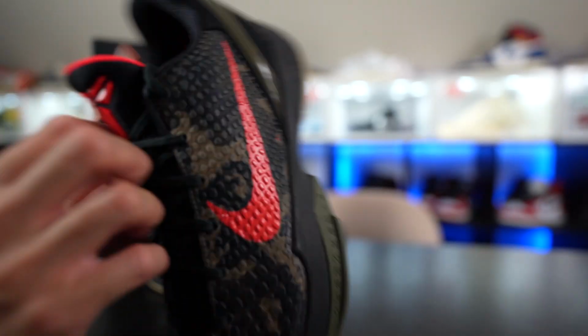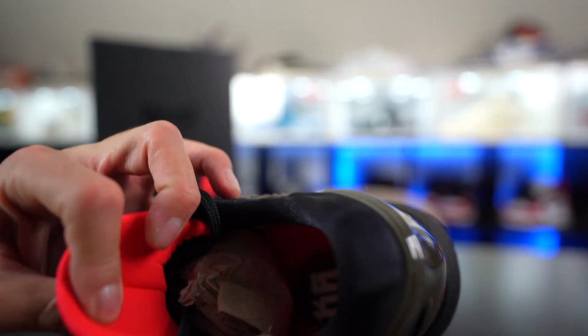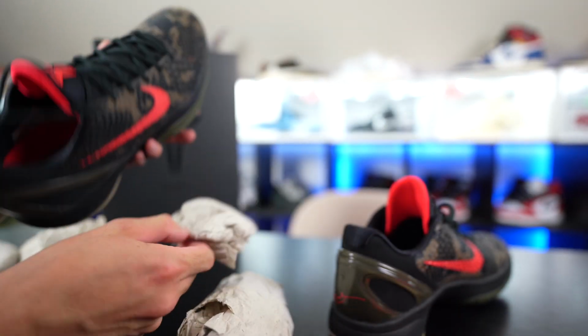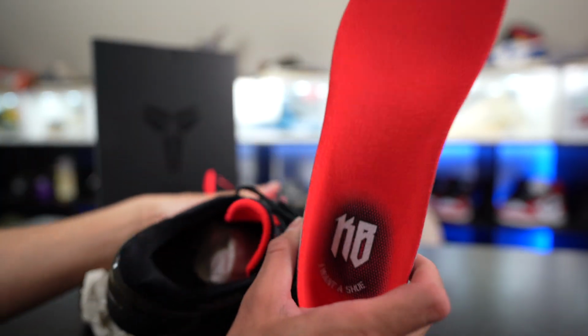The tongue of the shoe is this whole one piece. It's like a nylon material, same as the sock liner inside. It comes with 2 paper shoe trees inside. I guess one for the toe box and one for the actual shoe. Inside the insole here, you guys have it. You got that crimson red